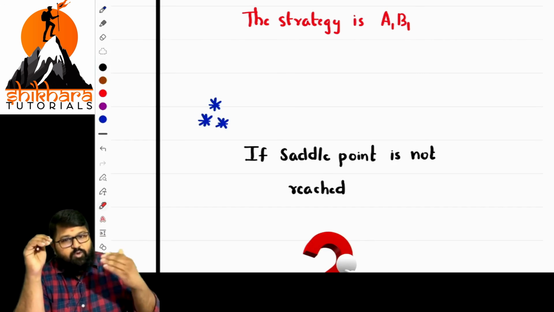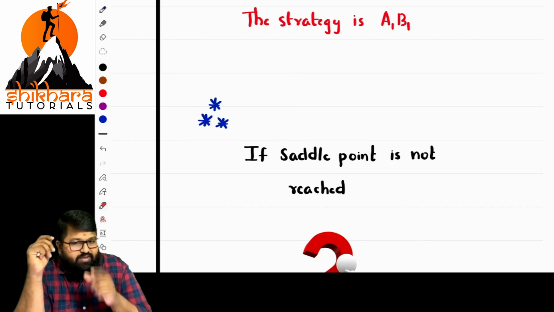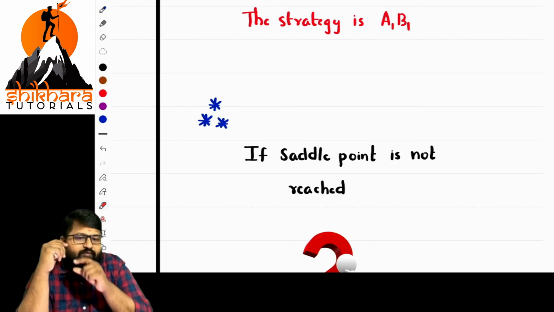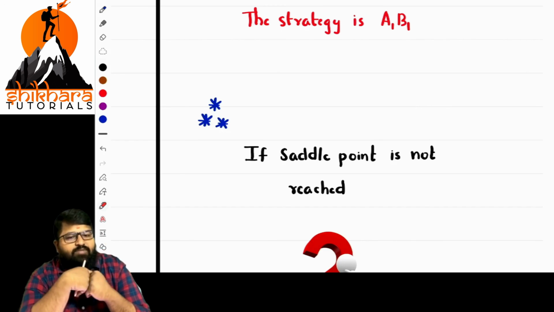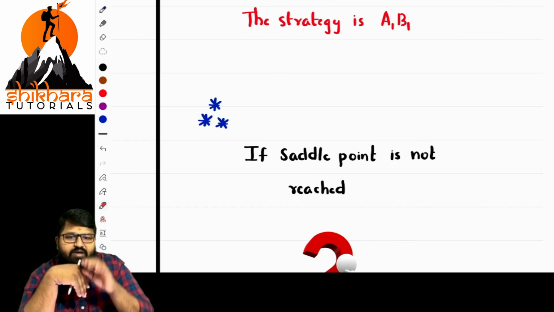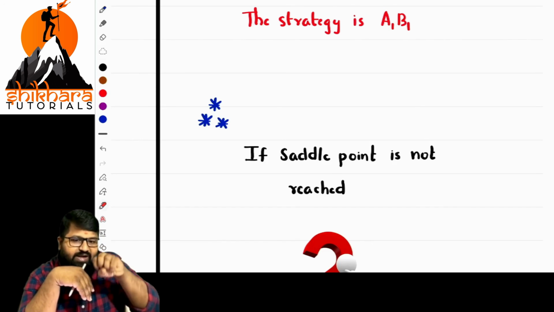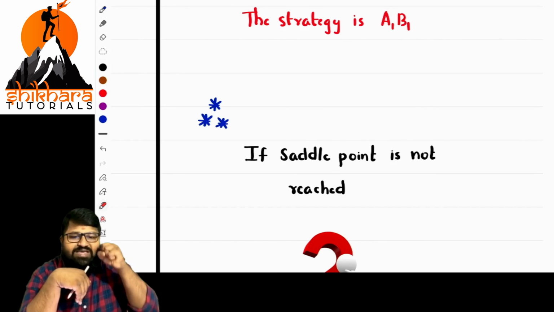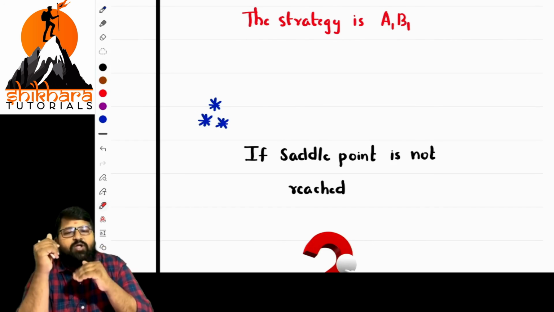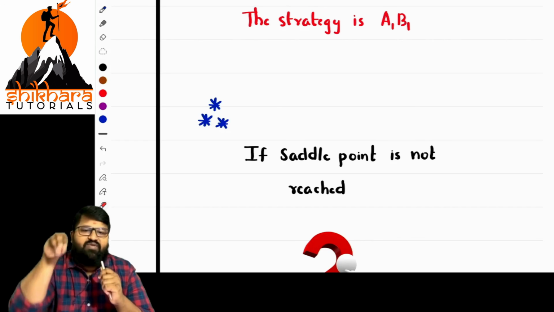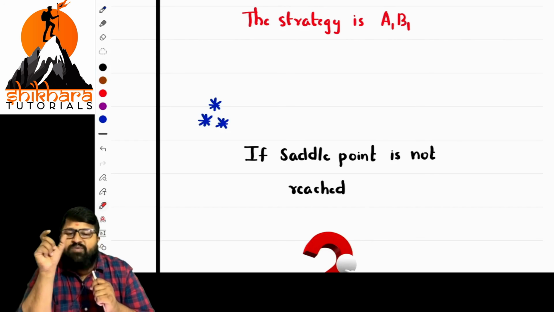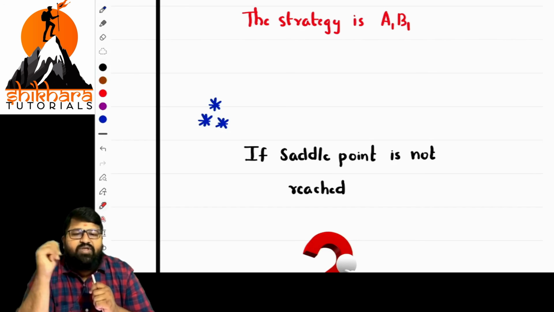So pure strategy, what is the basic point? In the case of pure strategy, for the rows we find the least number and write it there, and for the columns we find the highest number and write it there. From the row minimum numbers, we identify the maximum number, which is known as maximin. From the column maximum values, we identify the minimum, and this is minimax. If minimax is equal to maximin, then we reach the saddle point.